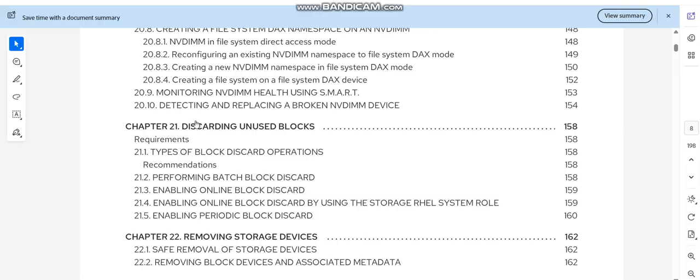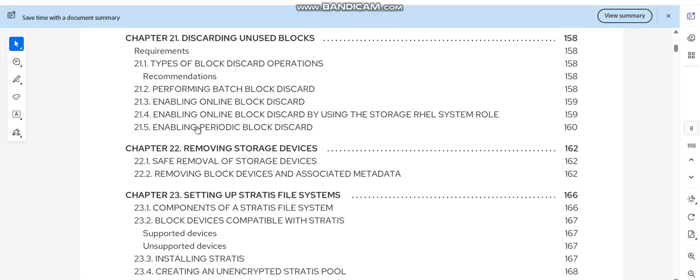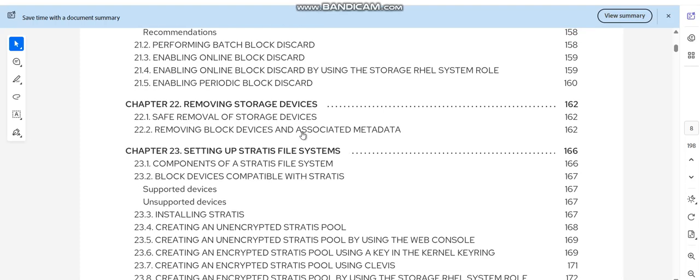discarding unused blocks, types of block discard operations, recommendations, performing batch block discard, enabling online block discard by using the storage RHEL system role, enabling periodic block discard, removing storage devices, safe removal of storage devices, removing block devices and associated metadata, setting up Stratis